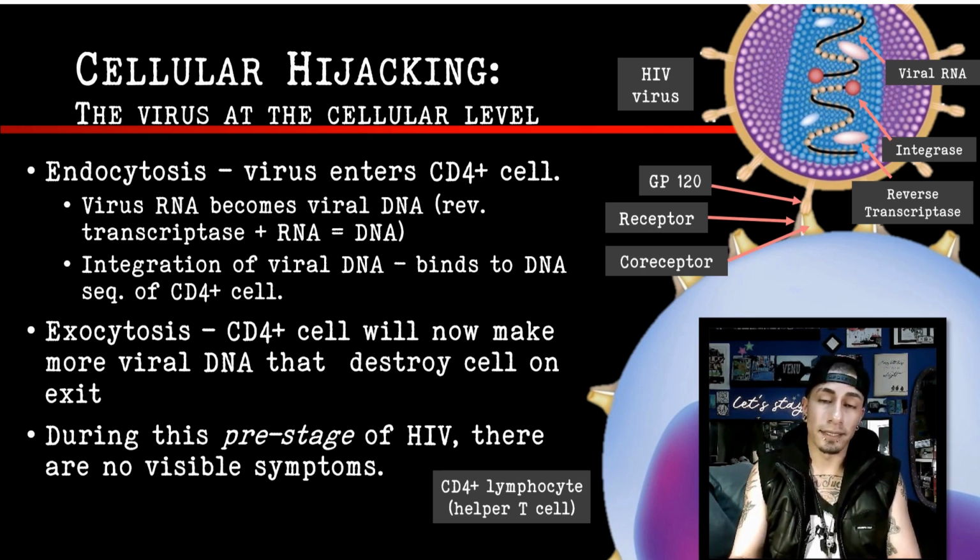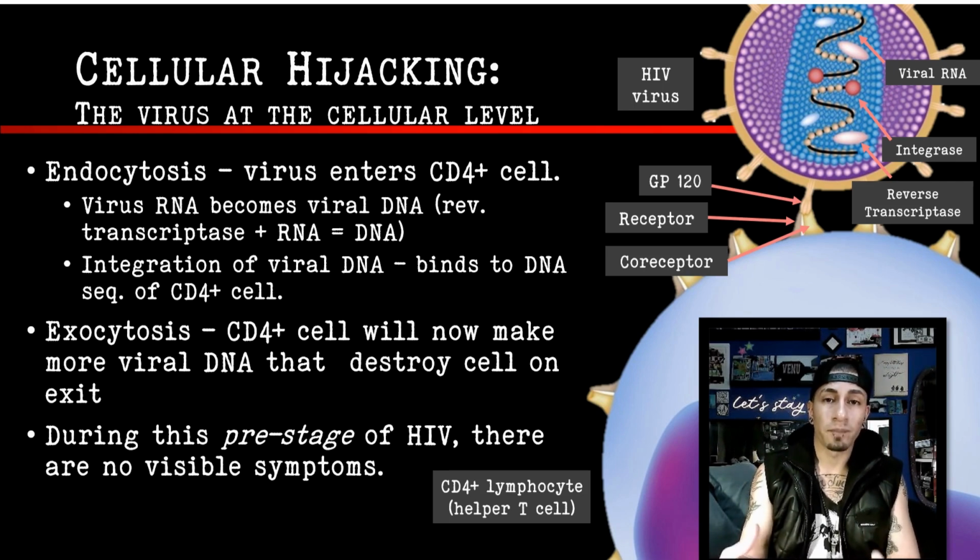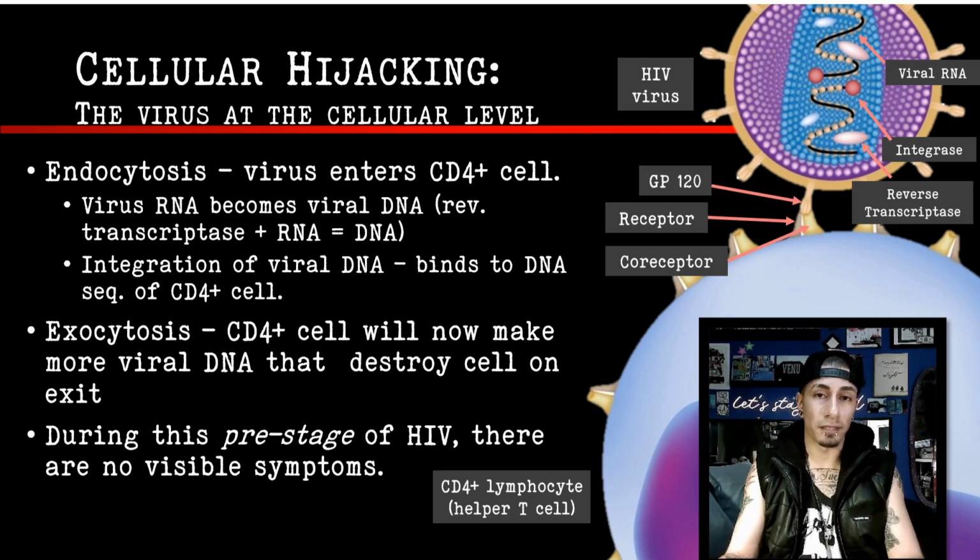And it's going to use those things in order to make a copy of viral DNA that it can then integrate into the white blood cell's DNA, basically turning it into a factory for making HIV. And then once it does that, the viral DNA builds up inside the cytoplasm of that white blood cell. And when it gets to be too much, the viral DNA leaves the white blood cell via exocytosis and rips apart the plasma membrane, which kills the white blood cell in the process.